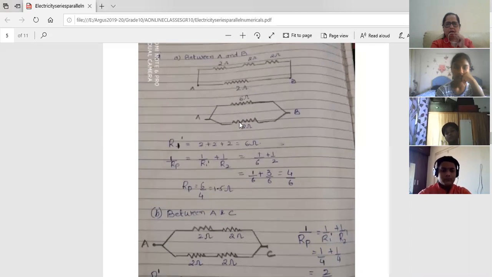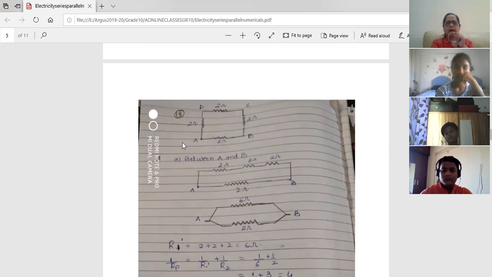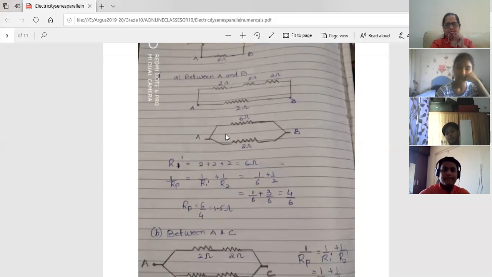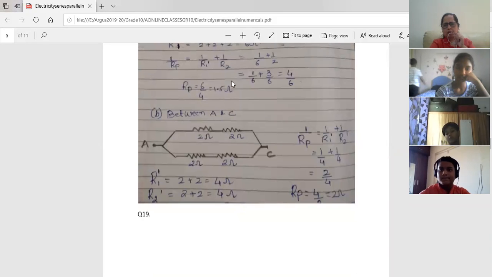Again, I am showing you the figure. This is the figure. Okay, I have to find the resistance between A and C. So I make it straight. What I did, I just made the A and C in a horizontal line. When I put A and C in a horizontal line, I get these two on top and these two down. So these are my points, A and C. These are my 2 points. These two have gone up and these two have gone down. So that is the simplified version I have drawn. Once you draw the simplified version of the circuit, it's very easy to calculate the net resistance.